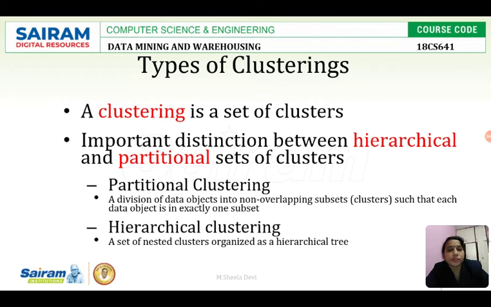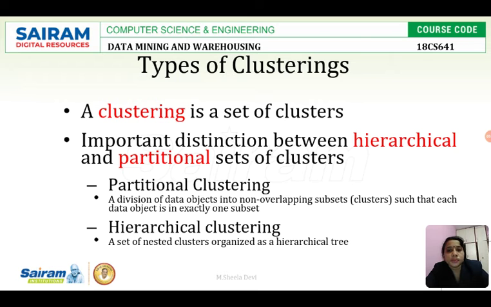So that type of clustering is called partitional clustering. It is nothing but every object will be in exactly only one cluster. If you take an object, it will not be in 2 clusters or 3 clusters. It should be in only one cluster in case of partitional clustering. And the second one is